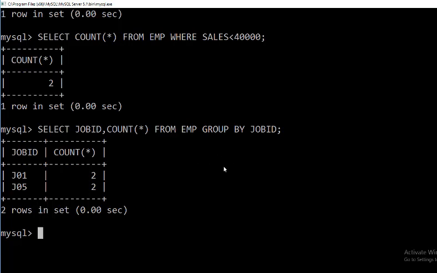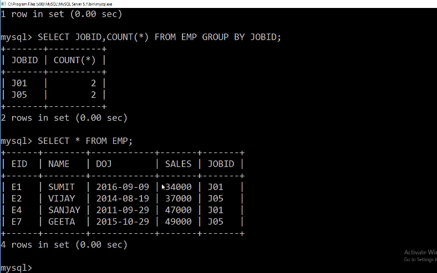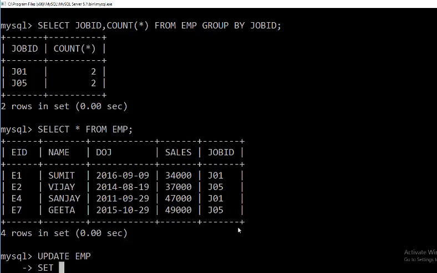Now suppose you want to use the update command. What is the use of the update command? The update command is used to change a record. Like this is the original record. If you want to change the sale, or increase the sale by 10,000 of this particular person, your command will be update. How to use the update command? Update table name EMP. It is used with set. What do you want to change? Sales. What is the new value of sales?